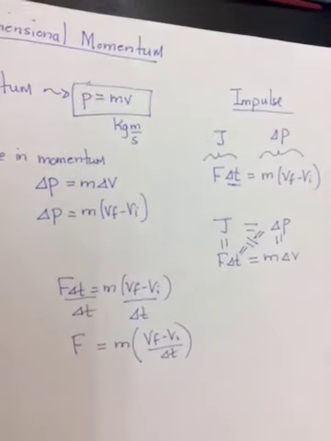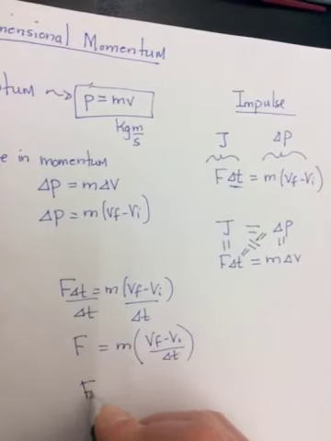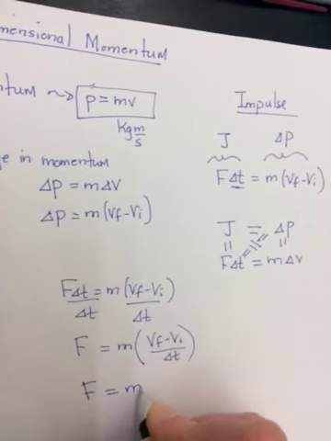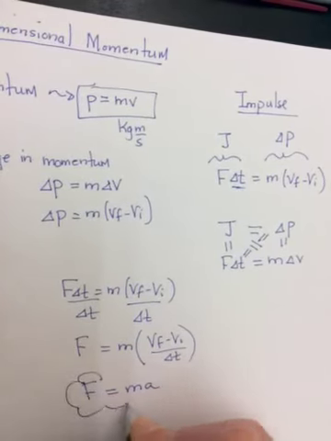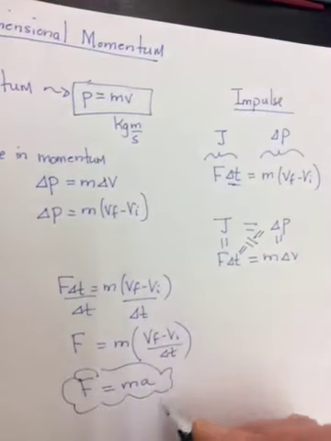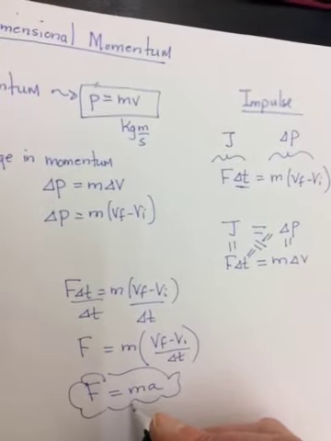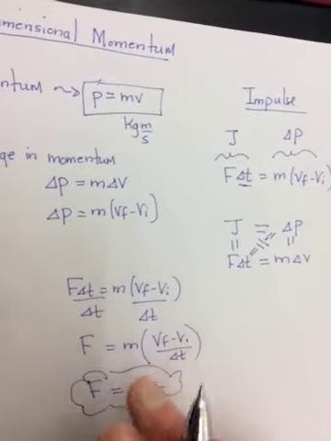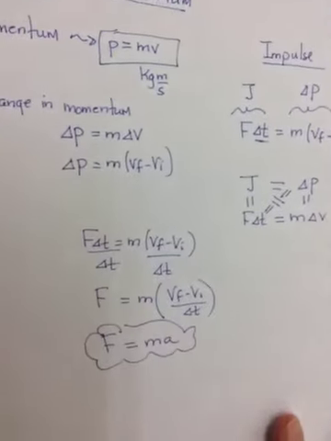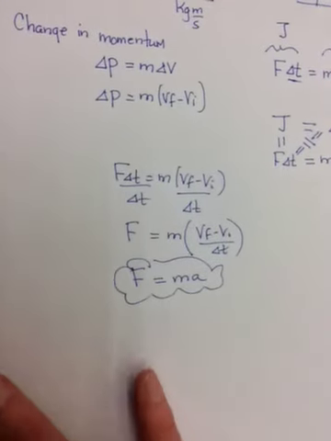VF minus VI over delta T from grade 10 is our grade 10 equation. It's just ma. And so the impulse change in momentum equation really comes directly from Newton's second law, F equals ma. Okay, so last year we did a number of questions with these, and then we moved to something that was called the conservation